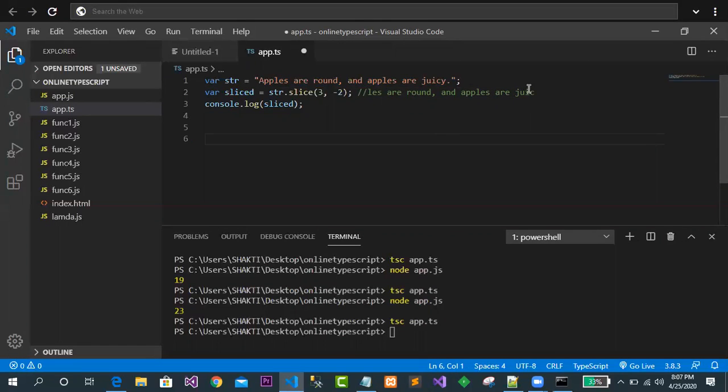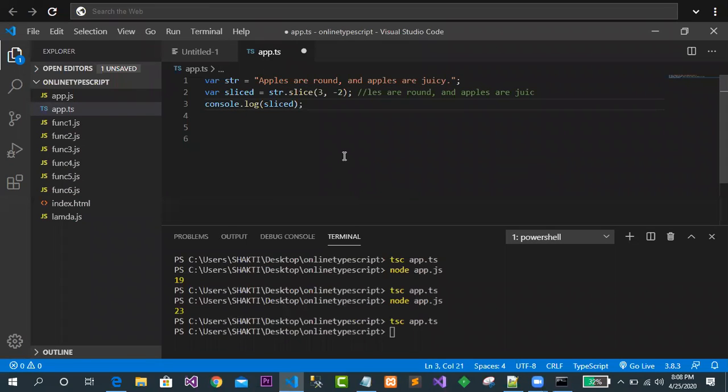Just see, -2 means what? The whole length. From this side it will do -2. Whatever the whole length will be, it will do a -2.